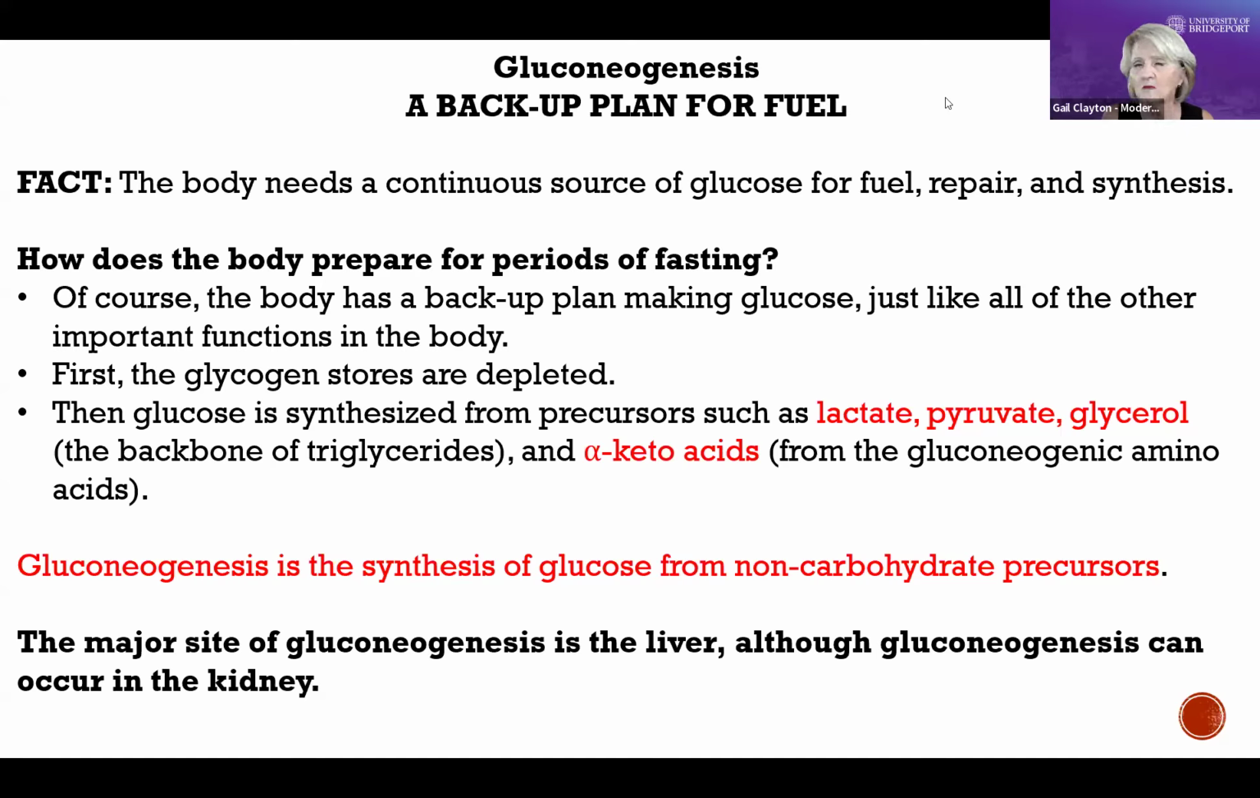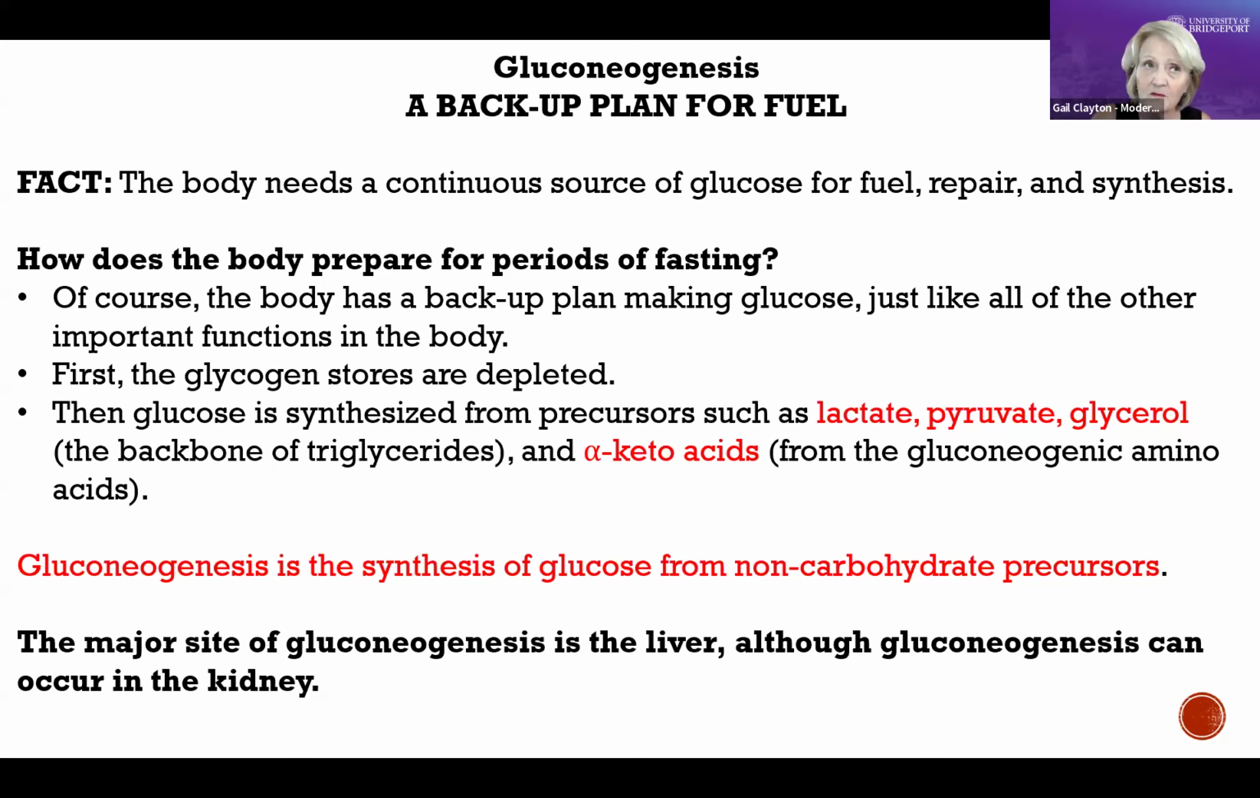And we'll get into that in probably, I think, modules 11 and 12. And also the alpha keto acids from the gluconeogenic amino acids. And the alpha keto acids is probably going to make more sense to you when you get into your 560D clinical biochemistry. But just know that gluconeogenesis uses non-carbohydrate sources, and it synthesizes glucose from them. And the major place that this happens is in the liver, but the kidney can also produce